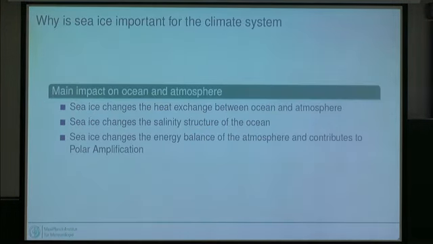Good. When it comes to the importance of sea ice, there are really three things where sea ice matters. So first one being sea ice changes the heat exchange between the ocean and the atmosphere, as Danny pointed out, because it's a very good insulator. Sea ice changes the salinity structure of the ocean because as sea ice grows, it gives salt to the underlying ocean, and sea ice changes the energy balance of the atmosphere and contributes to polar amplification. And I'll just go through these three things now in explaining how important these aspects are for what I've just shown you, then what we try to achieve as an institute to get a reasonable representation of the entire climate state.